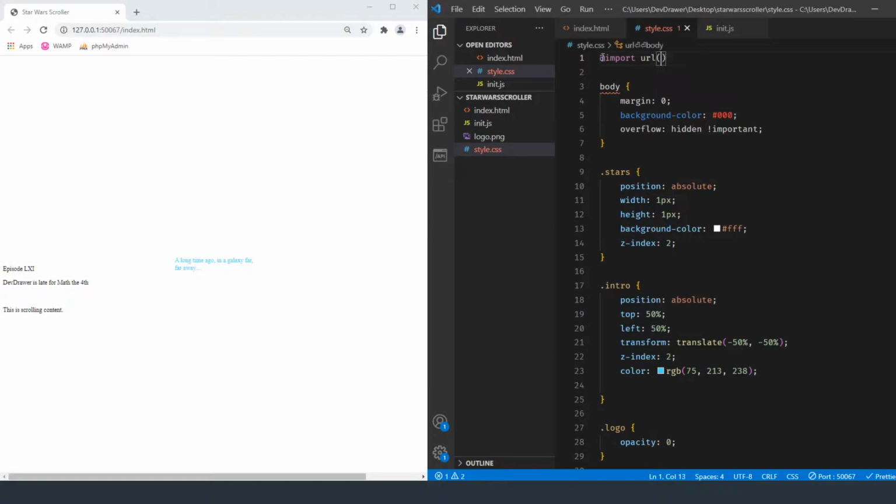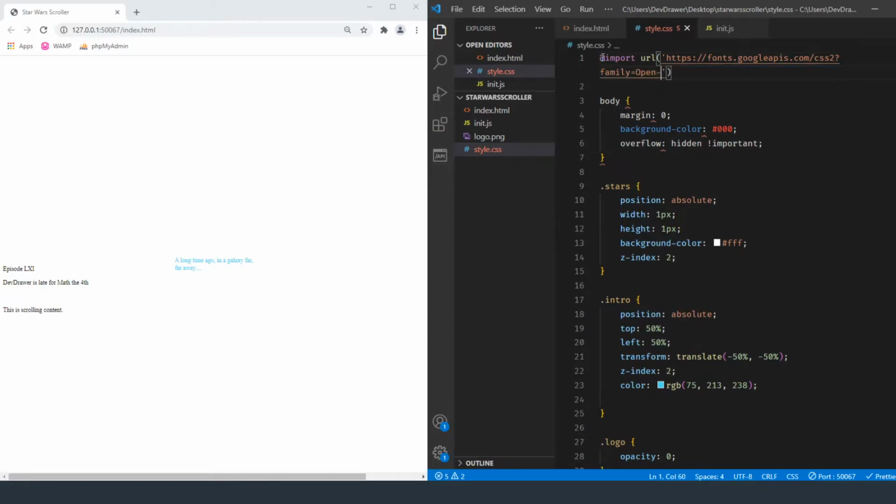So import URL https fonts.googleapis.com/css2 family equals, and then this is going to be Open Sans, and display equals swap.